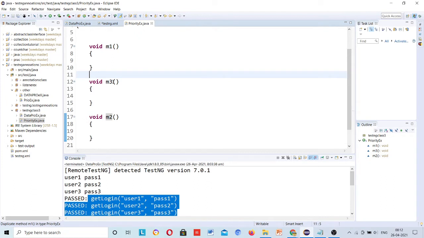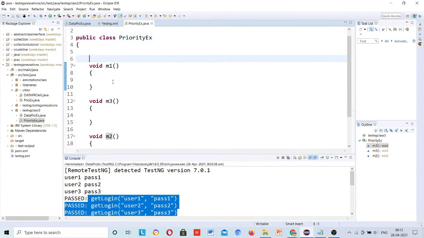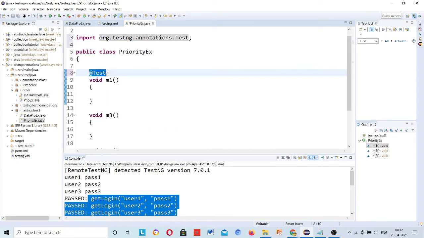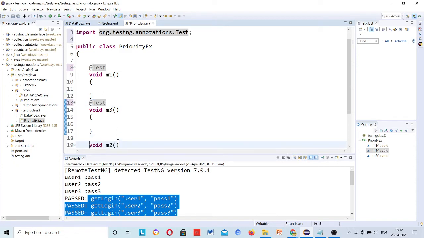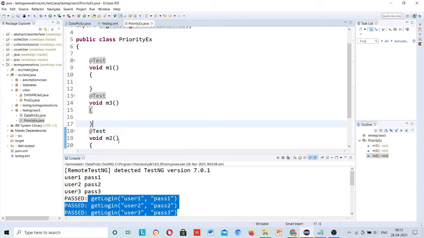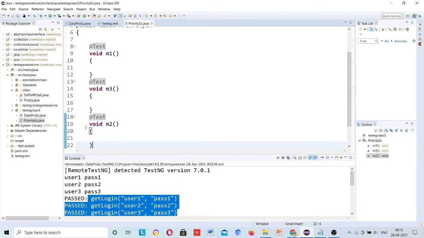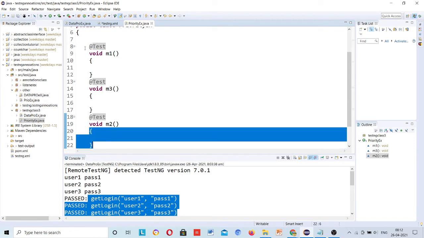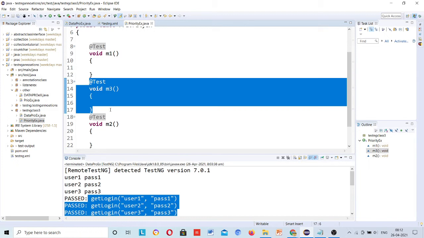Now I want to run all these methods as a priority. So suppose, at the rate Test annotation, first of all those should be having @Test annotation to be considered as a test case. I want to run this method first, this method second, and this method as third position.